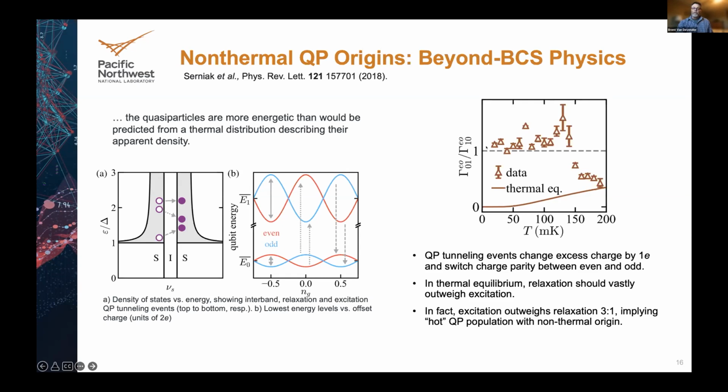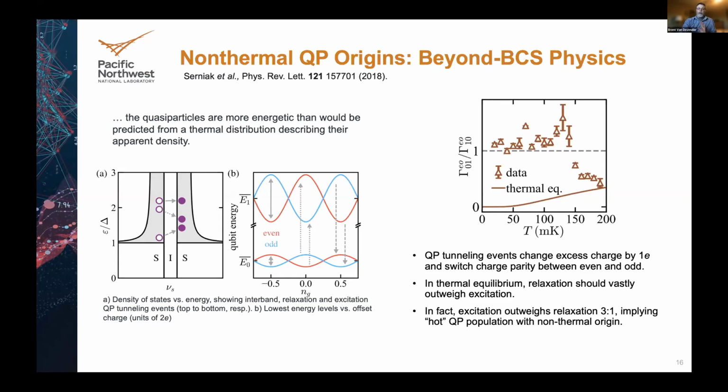Their data for relaxation rates is shown in the plot on the upper right. A relaxation rate is just 1 over the coherence time. Sometimes it's convenient to use a relaxation rate. Their data, which are the points, don't match thermal expectations until they turn their device up to about 165 millikelvin or more. And remember, that's what I said you would have to do to make a thermal population consistent with what you actually see.